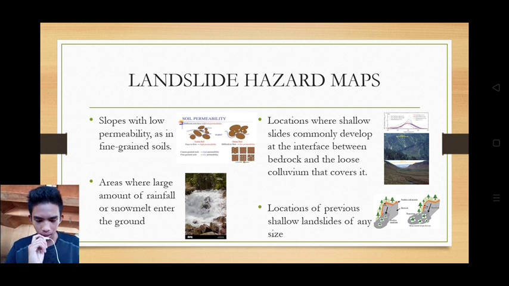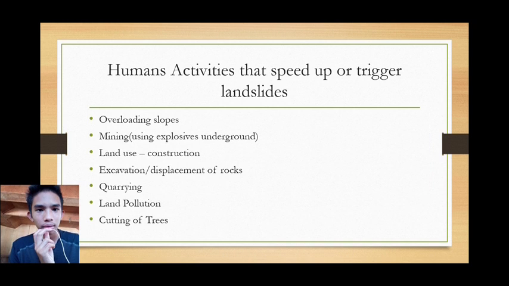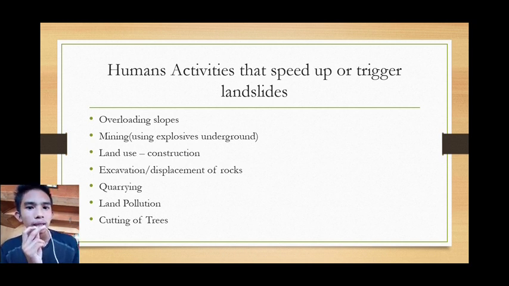So let's proceed to the human activities that speed up or trigger landslide. First, overloading slopes. Diri nga parties, diri na siya mga area nga gihimo sa mga tawo. For example, sa isa ka specific place, na-overload na ang mga material nga gibutang didto. For example, kanang ihang yuta mag ground shaking siya, so it can cause landslide kung overload na kayo ang kana nga area. Next, mining